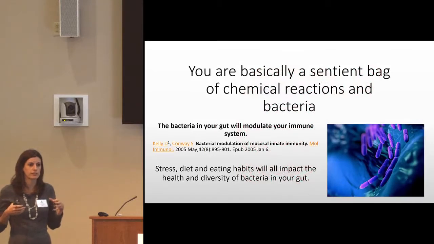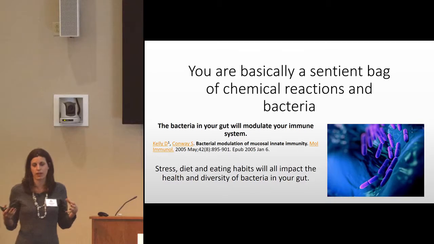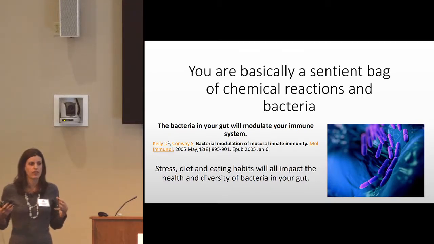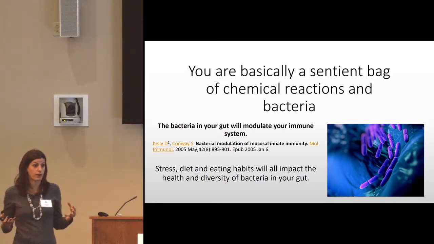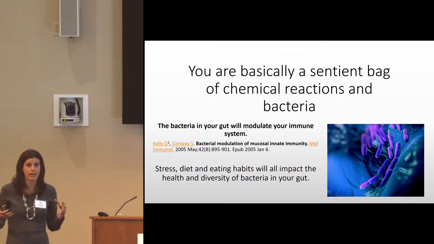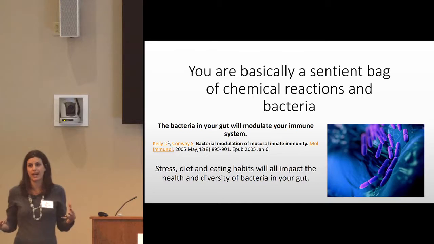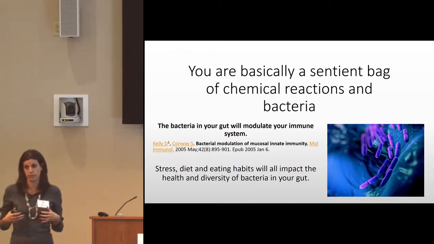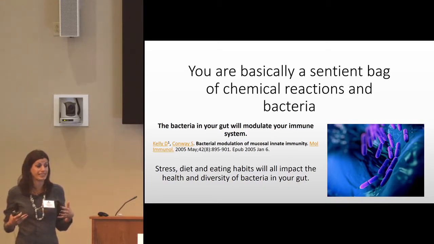So if we were really going to simplify what we are, we're kind of a big bag of chemical reactions, essentially. So everything that happens in our body can boil down to a chemical reaction, and all you have to do is open a biochemistry book to know that every single one of those reactions is going to be dependent on vitamins and minerals and having the right amounts of them. So for normal reactions in the body to happen, you have to have proper nutrition. And you have to have a healthy gut to be able to absorb that nutrition. So both what we're eating and the body's ability to absorb it are going to be really important to healing.